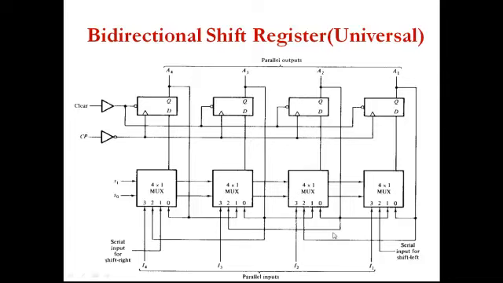And what we have seen so far is 4 different combinations. And there is one more register called a universal register or bidirectional shift register. Here it is bidirectional because it will perform both shift right and shift left, serial input, serial output, parallel input and parallel output. So all 4 combinations in a single register, we call it a universal shift register. This is how the configuration is. Here we are controlling which operation to do with the help of the multiplexer. Okay. So we are having a 4:1 multiplexer to give 4 combinations.